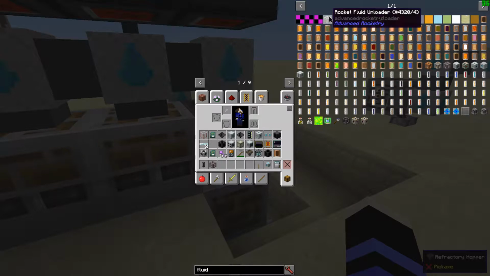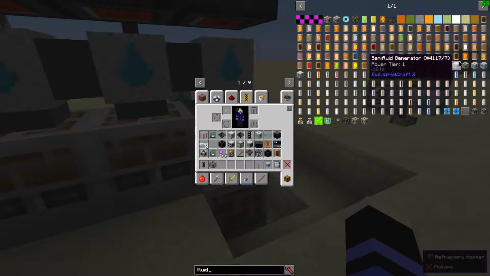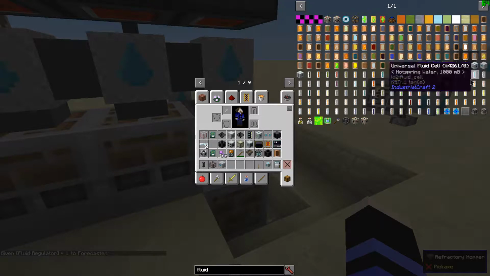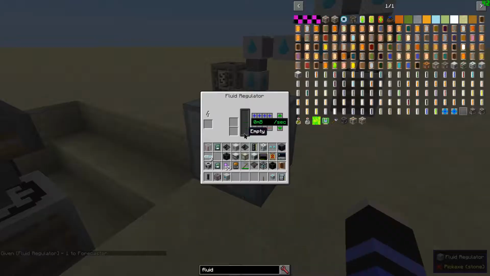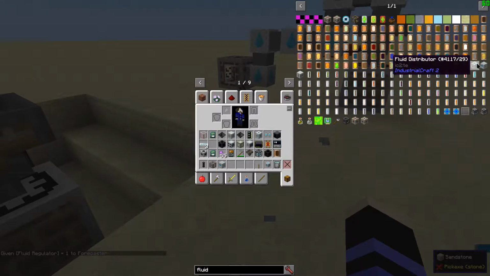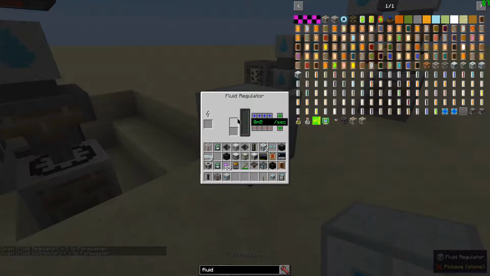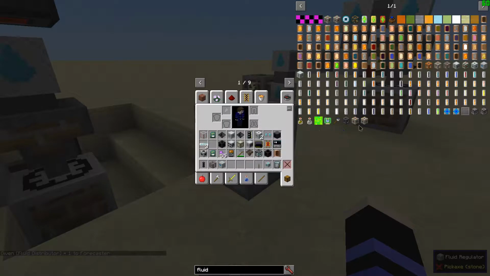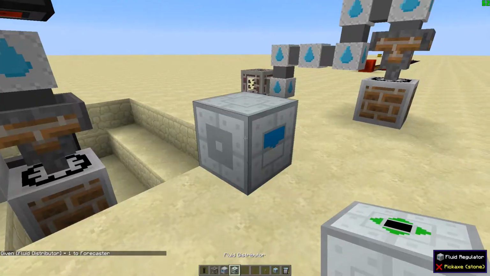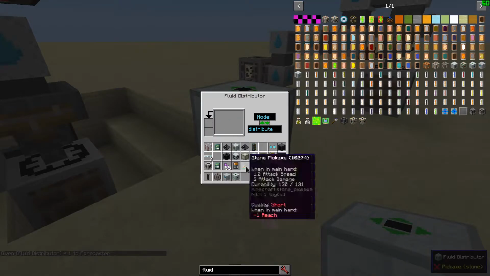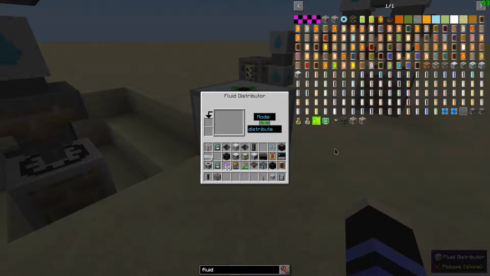Fluid input, loader, semi-fluid generator, fluid regulator. This is one tank, distributor. That's still a regulator. That is one tank. Basically, I would want some kind of buffer that has multiple tanks that can just collect